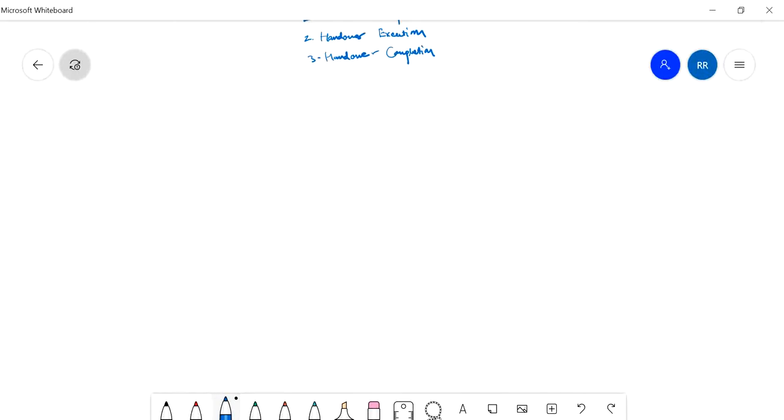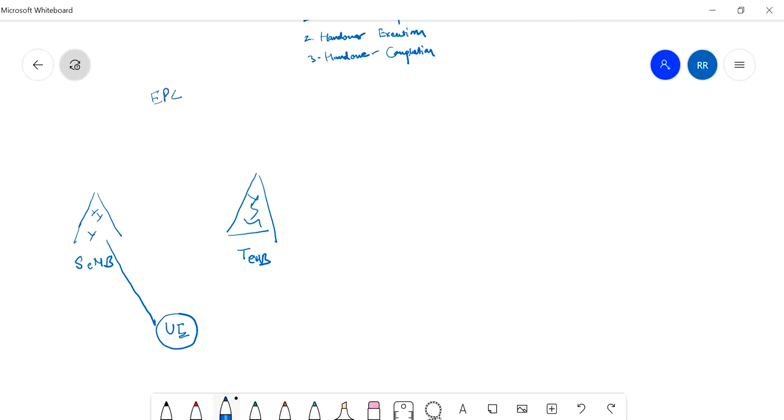Suppose this is a BTS, this is the source eNode B. This is another BTS, the target eNode B. This is the UE. The UE is connected with this, and it is connected with the EPC network.